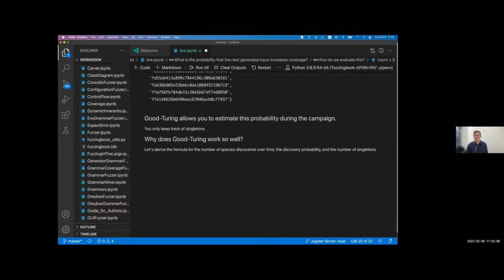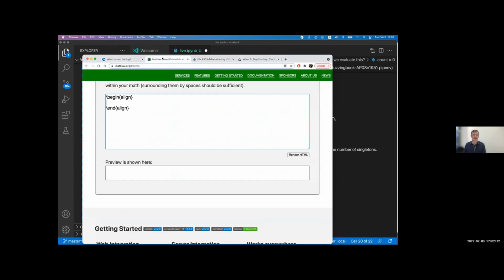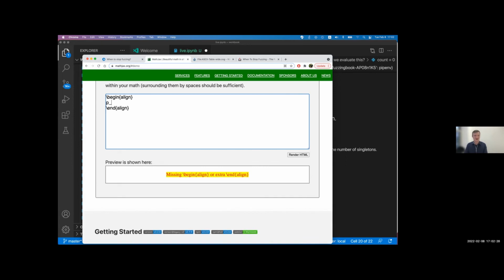Okay, so let's do some math. Why does this Good-Turing estimator work so well? That's the question that I would like to answer now. Whoever is interested in a little bit of probabilities and maths can follow along. Okay, so what we start with is